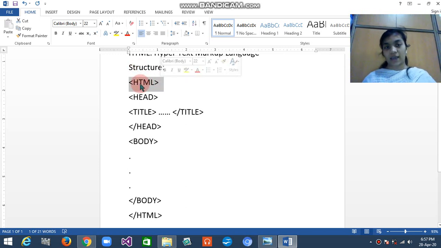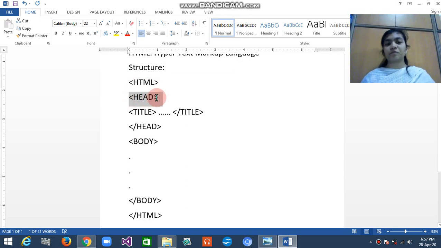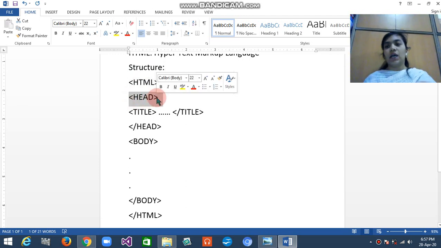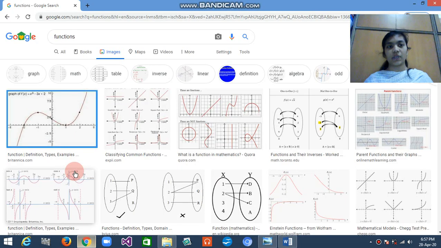to use these tags. Next, head means when you open your website, at the top there will be displayed one thing that is called the head. Okay, head means the upper part. When you open the browser, its information will be there. For example, I am just opening this, so here will be information. This is a total of functions, Google search.